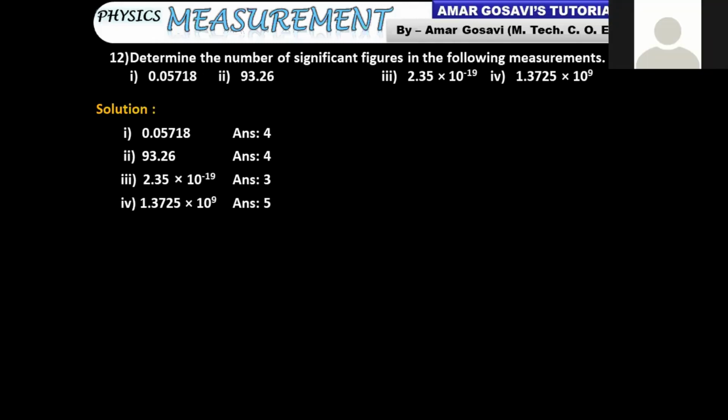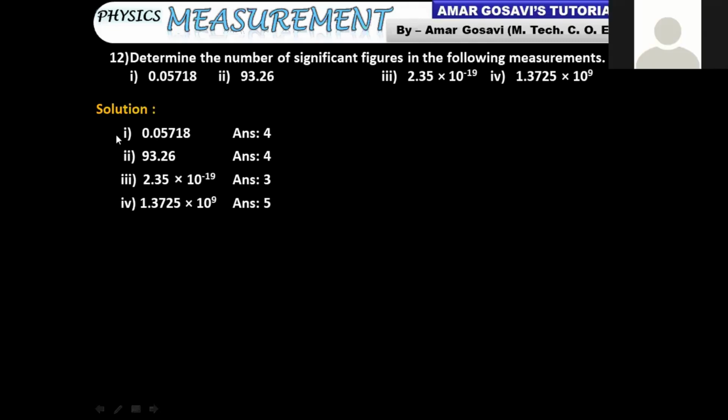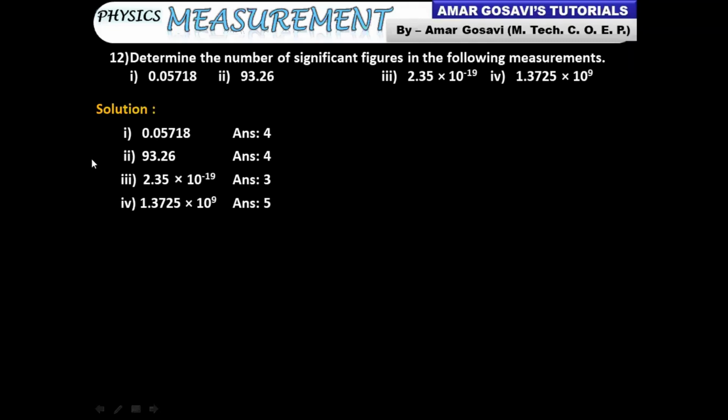Sir, in the first example, we don't have to consider the 0 before the decimal point, right? Yeah, that's what the rule said. After decimal point, if you have a 0, that is not significant. Had it been like this, after decimal, if 5 was coming first and then the 0, then that 0 would have been significant. Okay. Are you getting it? So that's what the rule says. Yes. Okay. Thank you, sir.